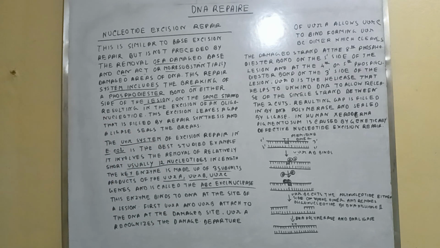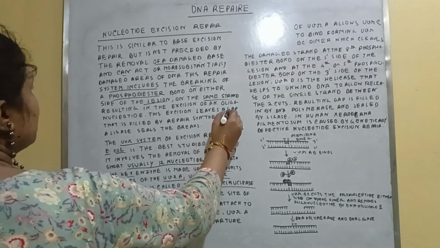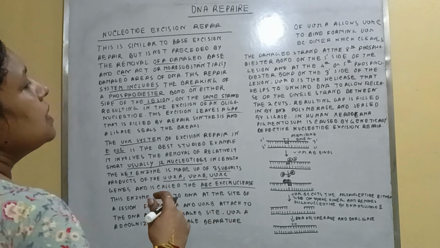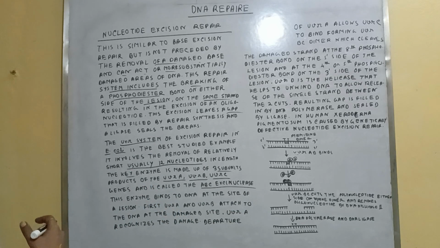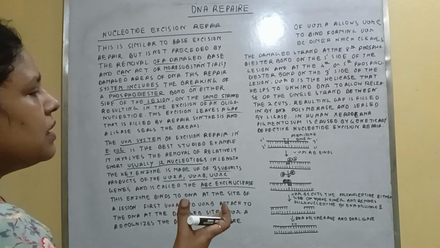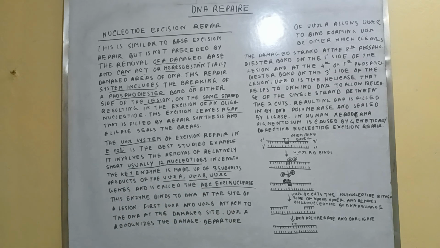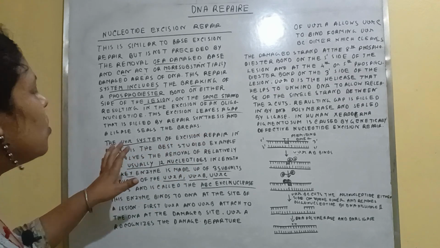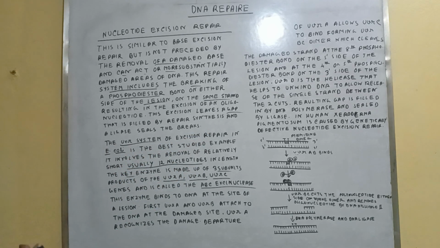Okay, and this excision leaves a gap which is filled by two enzymes, the ligase and the DNA polymerase. Okay, so here an example is the UVR system. This UVR system is a great example of excision repair, and it is found in E. coli. Okay, so here